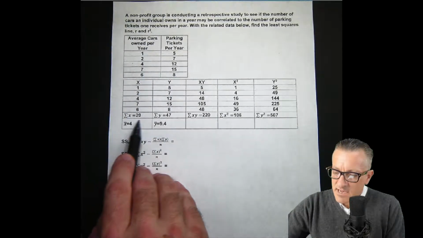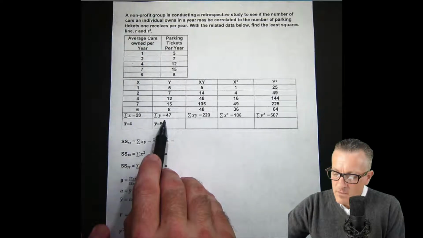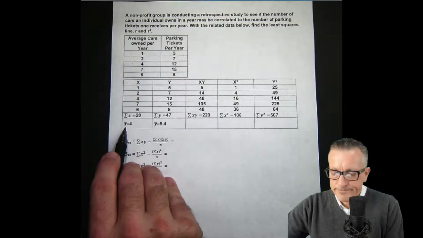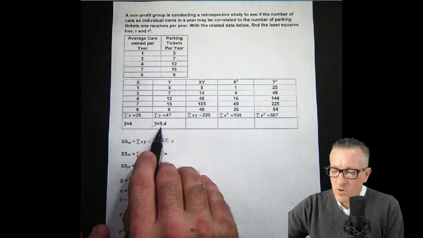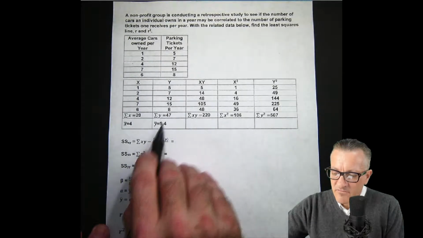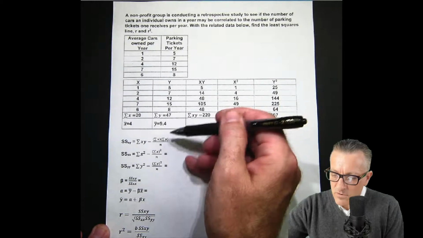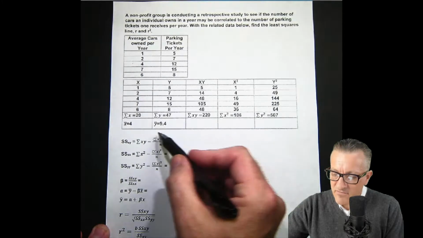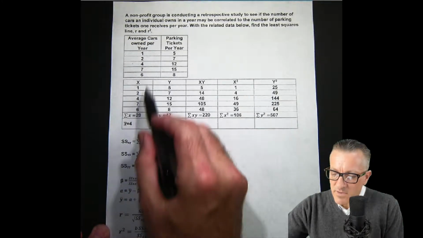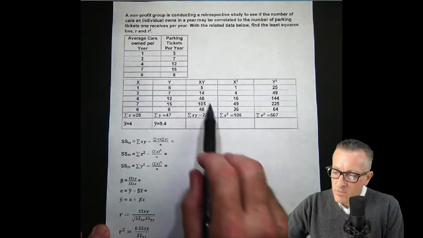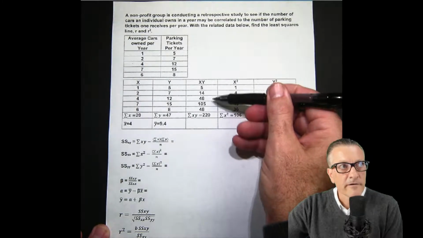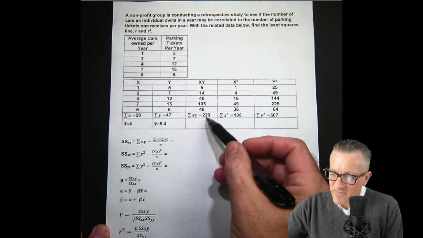This is the sum of the x. This is the sum of the y column. This is the average of the x, and this is the average of the y. That's just the sum divided by the number of rows, which is 1, 2, 3, 4, 5. So 47 divided by 5, and 20 divided by 5 is 4. Then we multiply the x and the y, and that's what this column is right here, and then the sum of that.